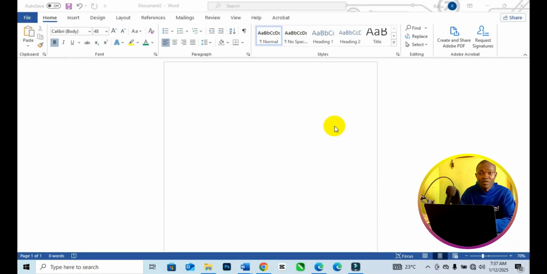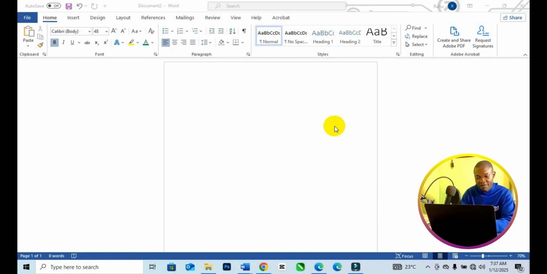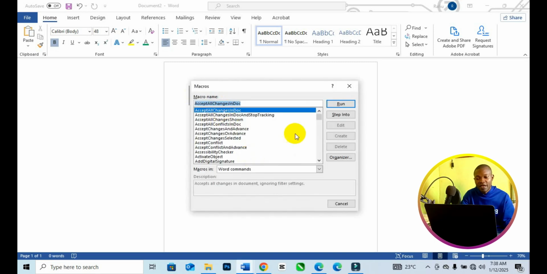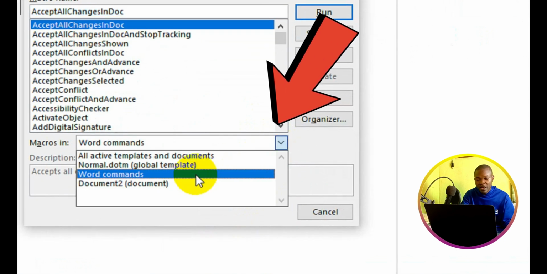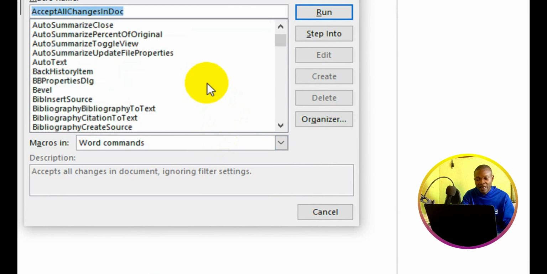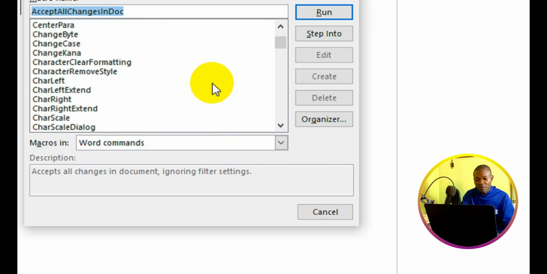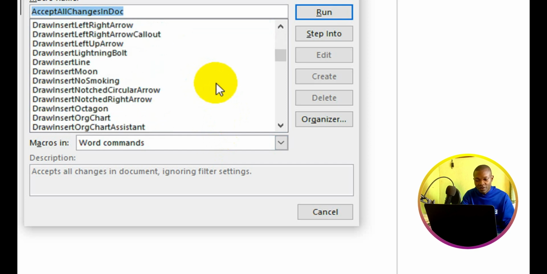All right, so the very first thing you want to do is to press Hotkey plus F8 on your keyboard, Hotkey and F8 on your keyboard. And this window here is going to pop up. The next thing you want to do is to come down below right here and make sure you choose Word Commands. Having chosen Word Commands, then you have to scroll down from this section and look for Command List. So you have to continue to scroll down until you see